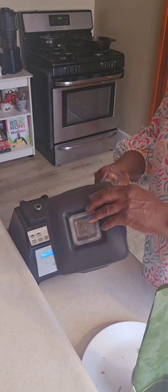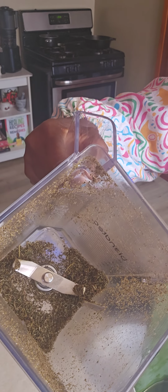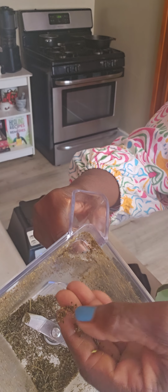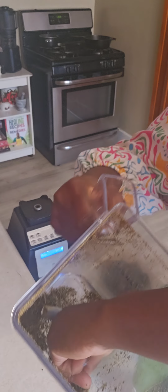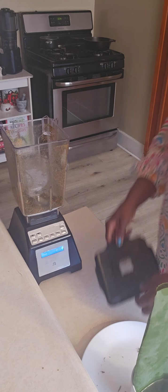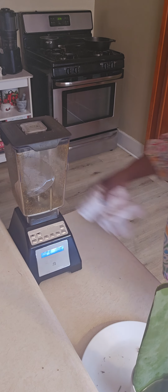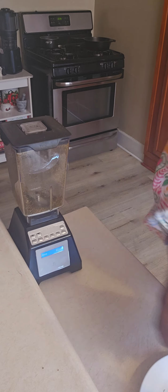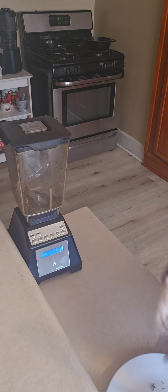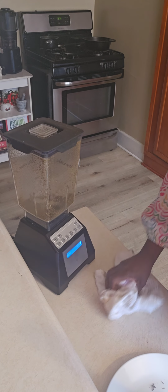Well, what we have here so far is, as you can see, it became like a powder. It's kind of moist because the leaves weren't dried out. They were freshly picked from the tree. So it's still kind of moist, which is, I guess, okay, because I'm going to put the aloe vera gel, which is going to make it into a gel formula anyway. So, but what I'm going to do is I'm going to blend it one more time